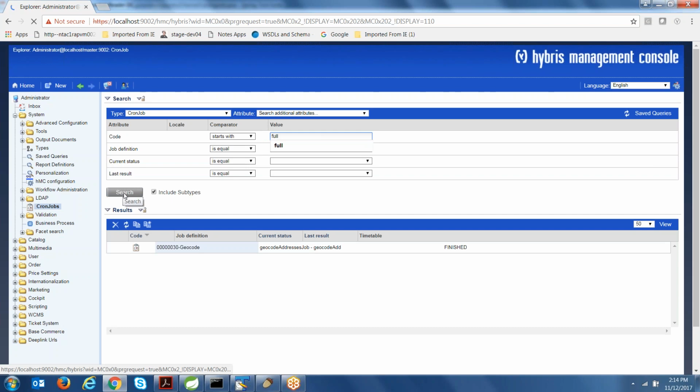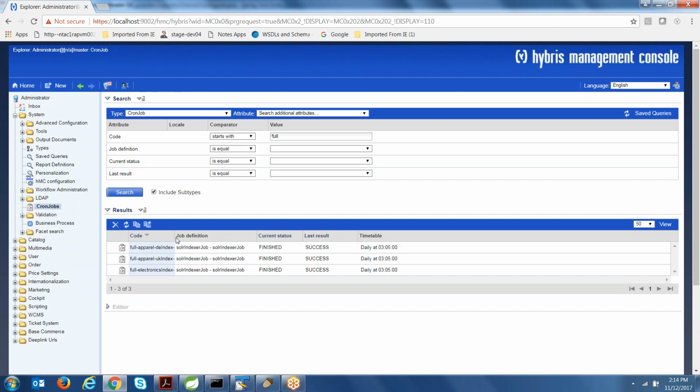Search for example "full". If you search here, you can see there is a full apparel DE index, apparel DE UK, full electronics. So these are Solr related cron jobs. If you open this electronics, for example,